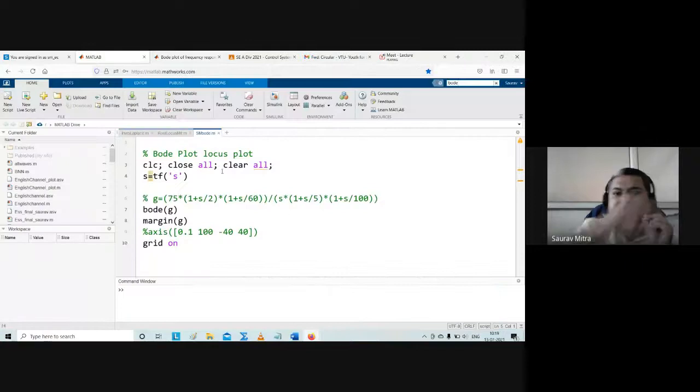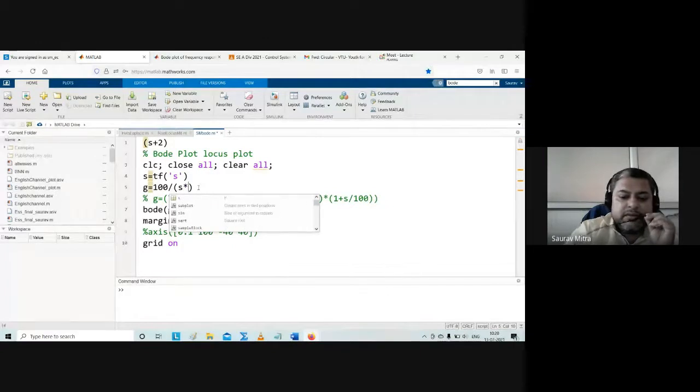Now the system we have to define, and here s is equal to tf of s. So we are defining that there will be a transfer function in s. Here we will define, suppose G is equal to, let's say, 100 into s plus 2. So we are putting a zero here, or let us not keep any zero initially. Let us only do it by pole. So 100 divided by, then you do s